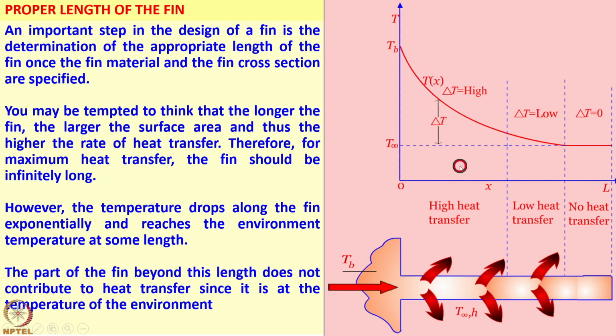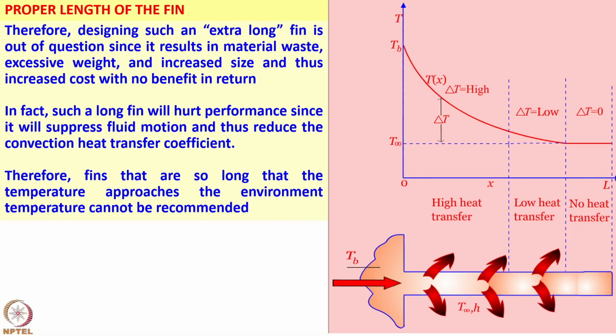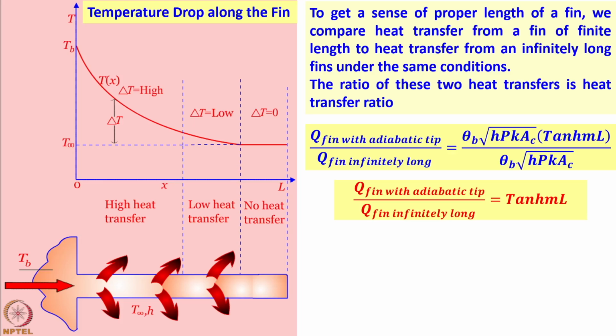So only for a particular length is my fin effective or the efficiency good, beyond which the efficiency is going to lower. So it's not worth putting a fin beyond a certain length because of cost considerations. To address this, we compared Q fin with an adiabatic fin tip with the infinitely long fin,